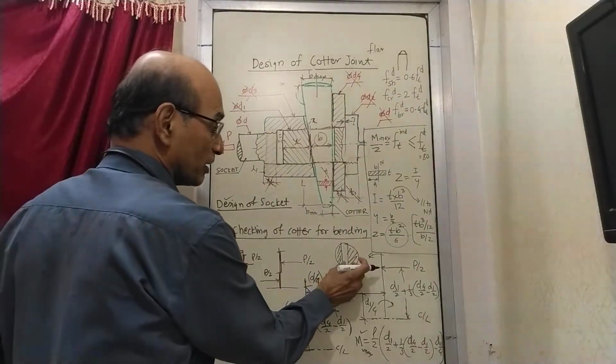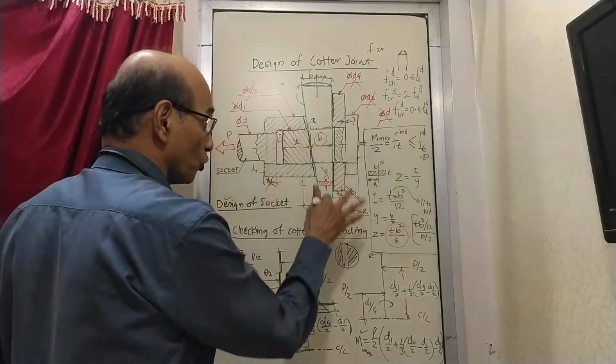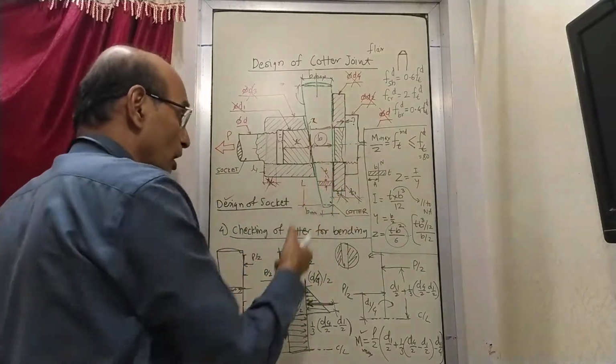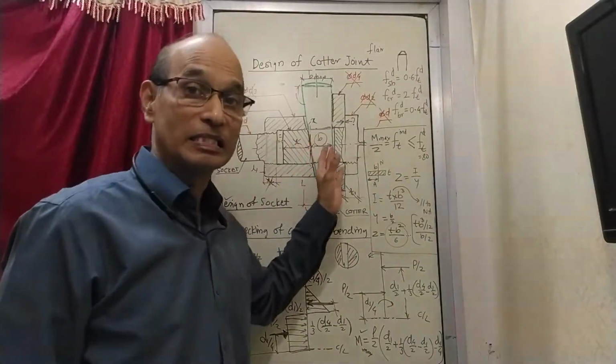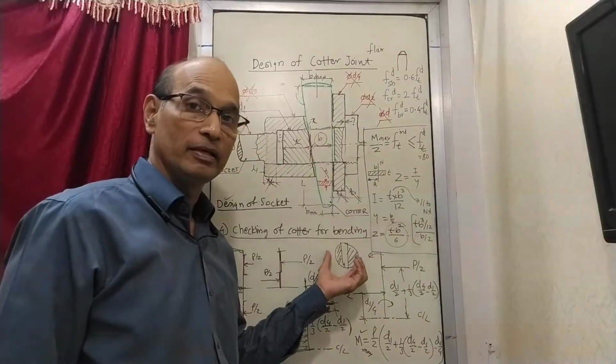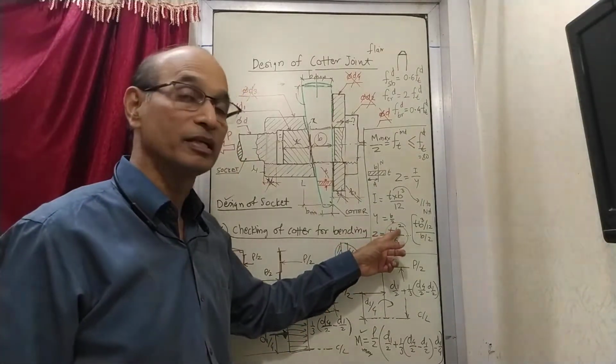So if you increase the thickness T, then the shaded area will be reduced and that will cause a failure. So don't increase thickness and don't try to create any unsafe area. If you increase thickness, the area will be at risk. So don't do that. Instead of increasing T, you can increase B.